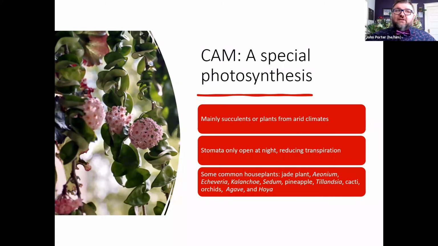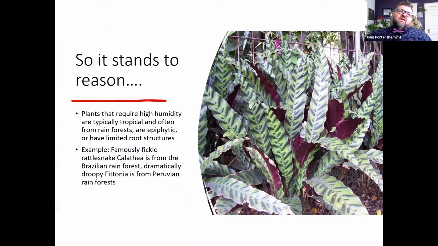This Hoya really looks like a really big tropical plant. You would think it needs lots of water, but they're really easy to overwater. And so it stands to reason that plants that require high humidity are typically tropical and often from rainforests. They're epiphytic. So like an orchid, most of the orchids grow on the side of a tree. They don't have roots that go into the soil. The air plants, tillandsia, are really epiphytic.